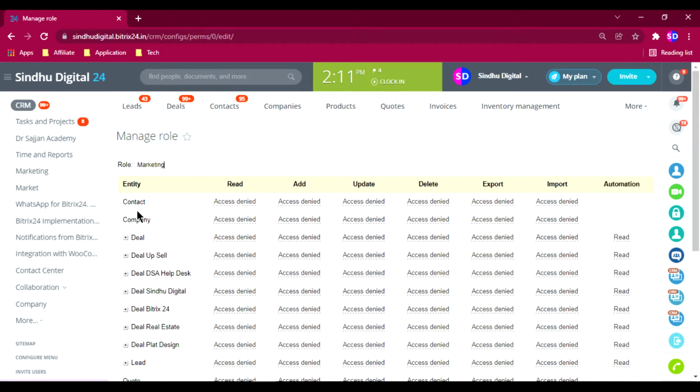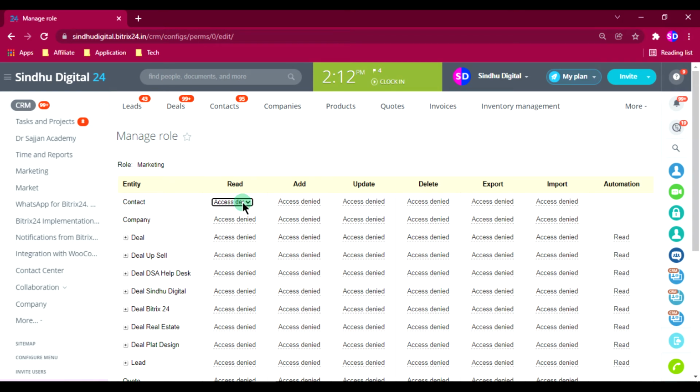Further, marketing people deal with contacts, so I need to give access to all contacts, because they need to know everything, the contact information of clients. But the employee should not delete the contact anymore, so we need to deny that access. For each department, you need to select it; it's all there in access denied, so we need to set the permission for each thing.